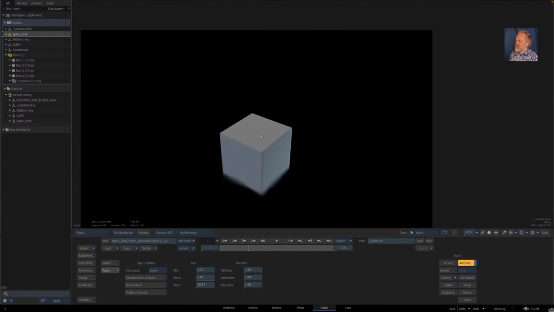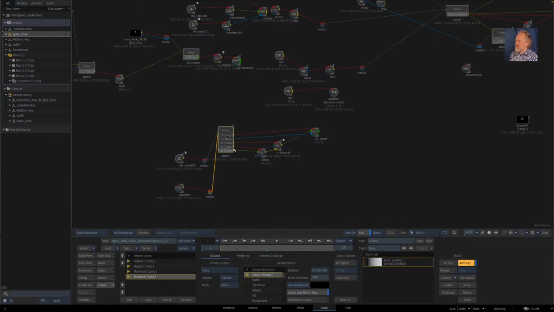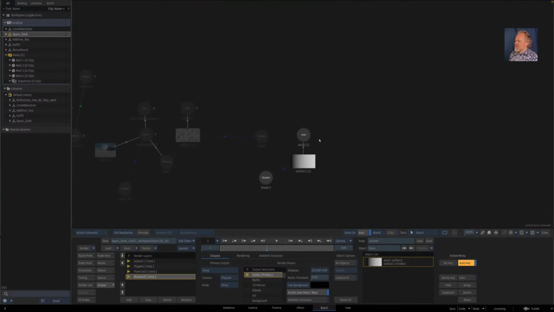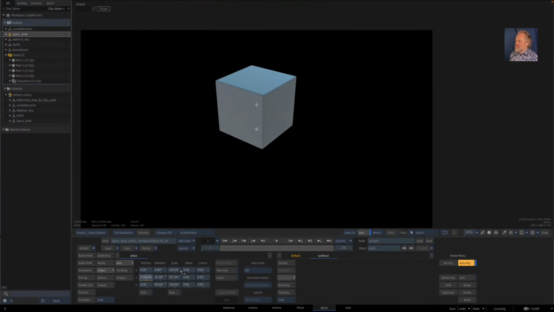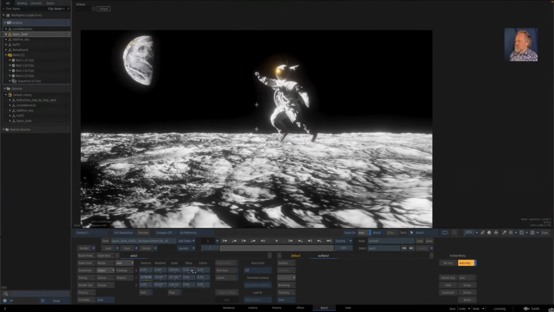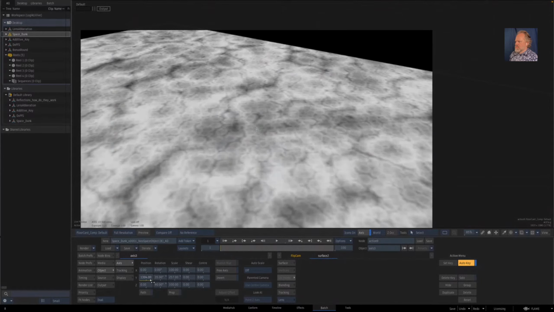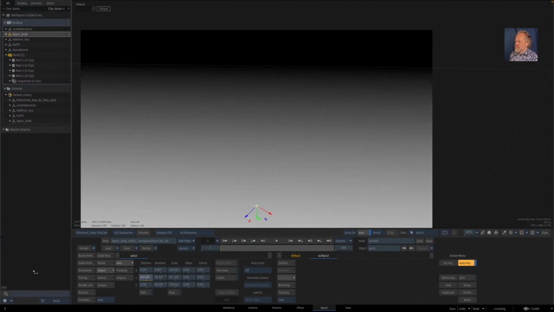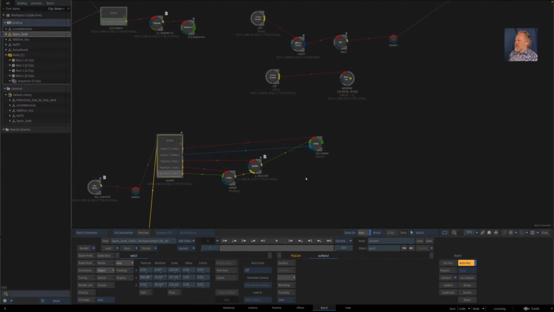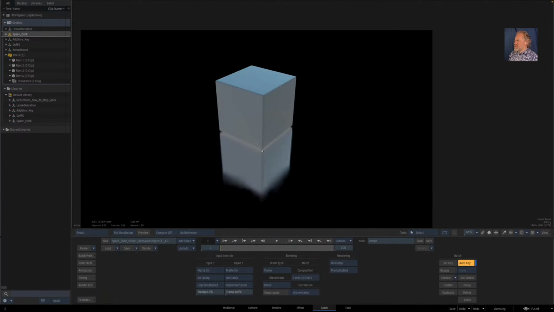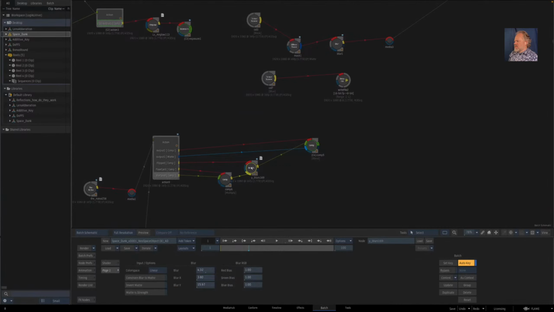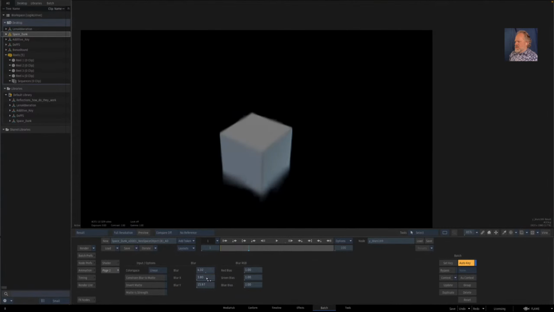Let me actually make the blur card go up. Do something like that. So now if I blur this out,